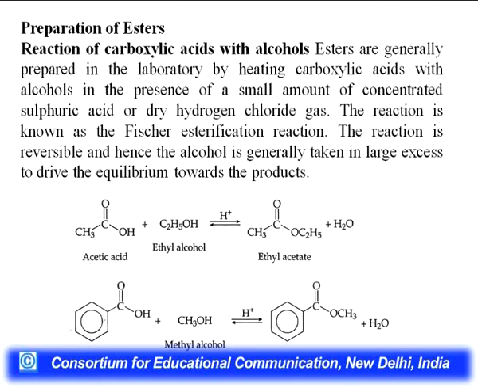The reaction is reversible, and hence alcohol is generally taken in large excess to drive the equilibrium towards the product. So, if you want to produce the product, you have to take a large amount of alcohol, and you can also reverse the reaction by changing the amount of ethyl acetate and acetic acid. So, it is a reversible reaction. You can see how acetic acid reacts with ethyl alcohol to give ethyl acetate, and benzoic acid will give you